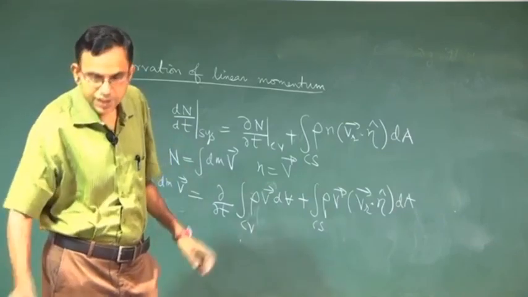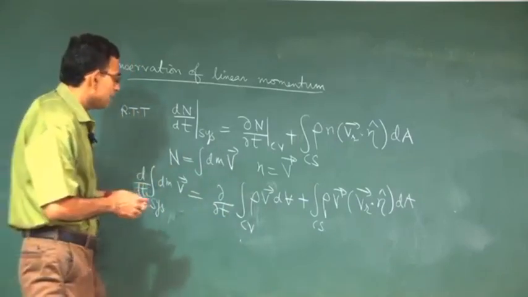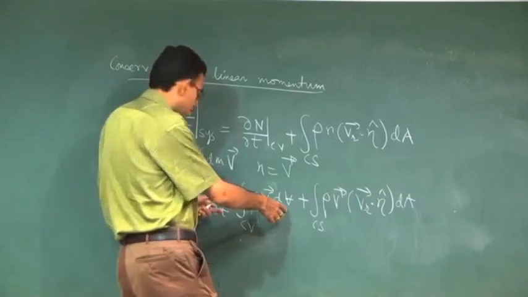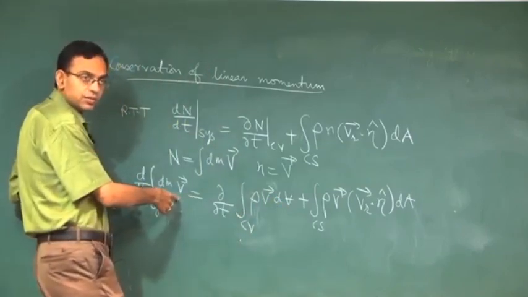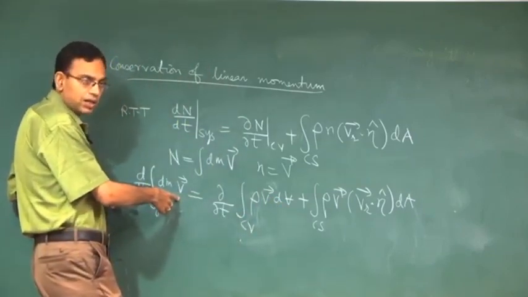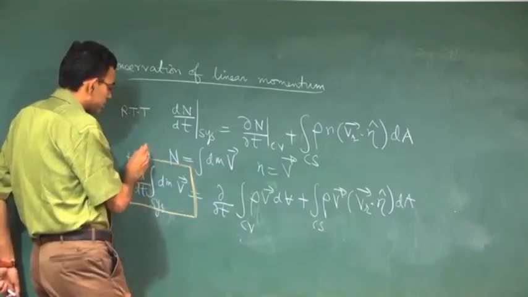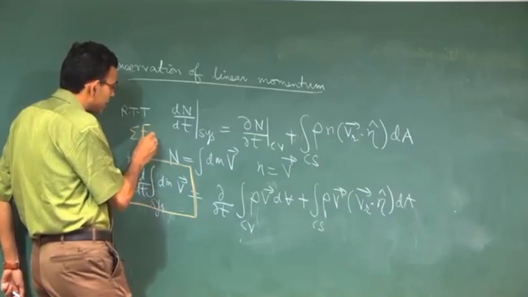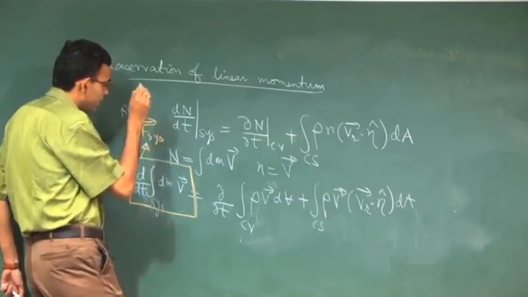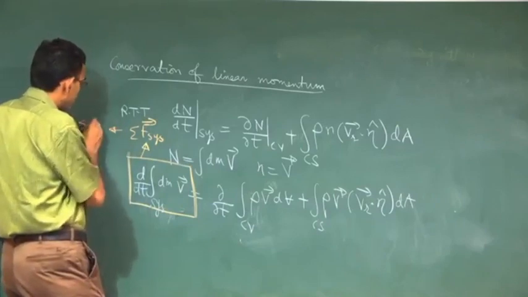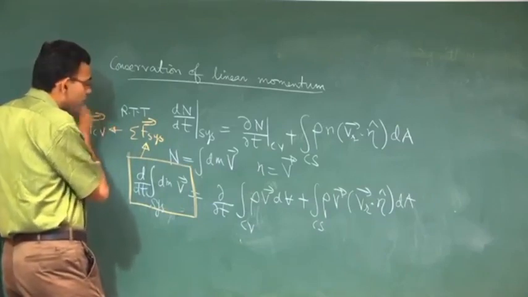Why in this manner we are writing is the simple fact that we cannot write this as the force, but we can write this as a force, because Newton's second law is applicable for a control mass system. So, this is the resultant force acting on the system. By Newton's second law, this becomes the resultant force which is acting on the control volume as well.